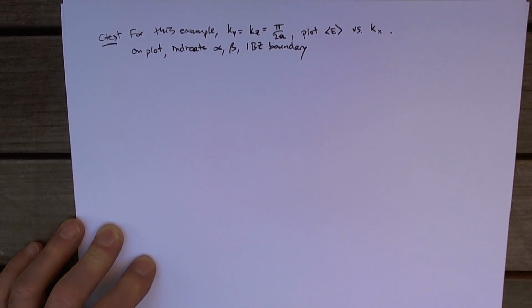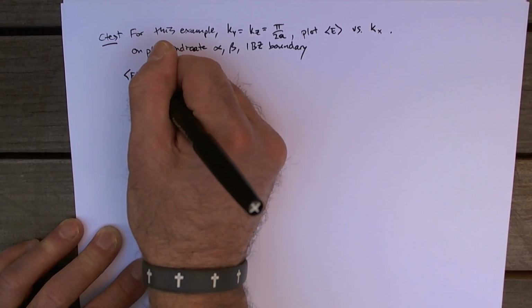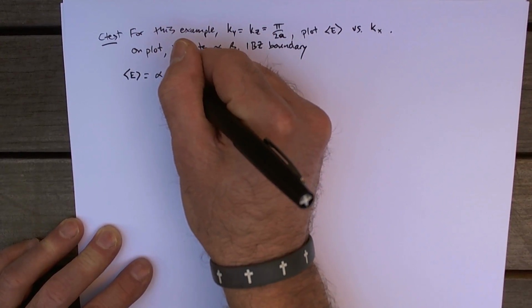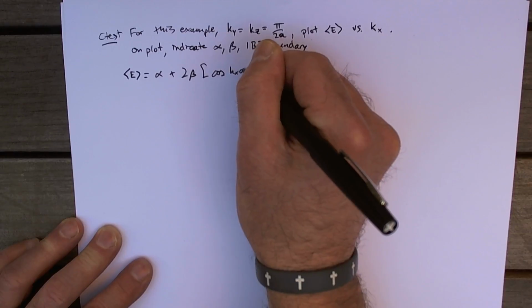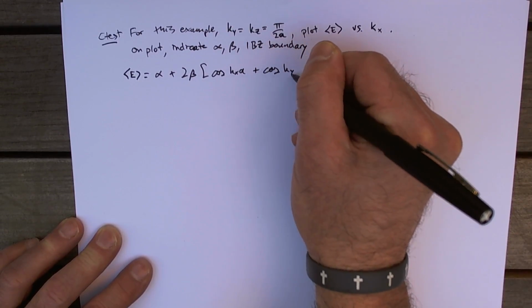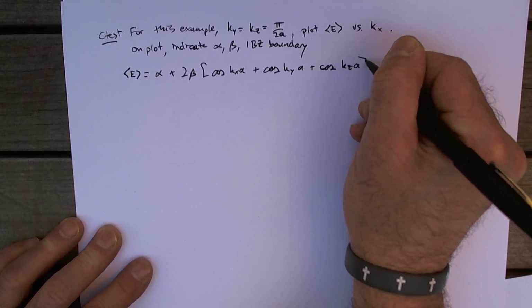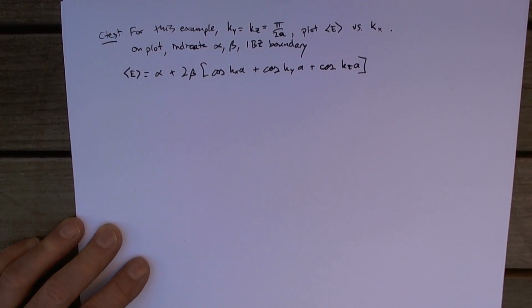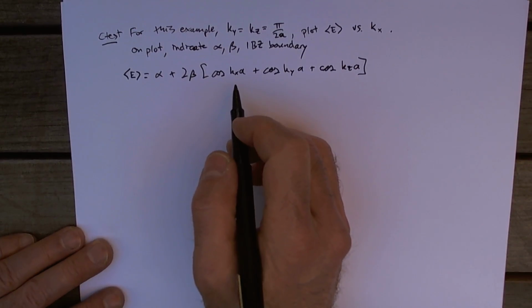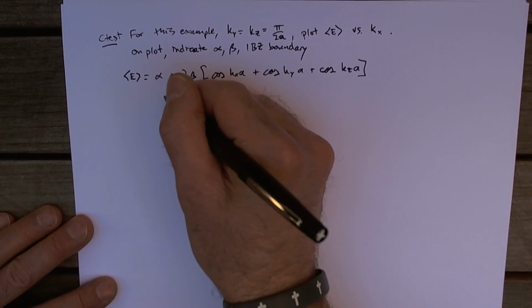Okay, so again, our expression for the expectation value of the energy is alpha plus 2 beta times cos kxa plus cos kya plus cos kza. And so for this particular case, the ky and the kz terms are going to give us 0. And so we're just left with the alpha plus 2 beta times cos kxa. So if we plot that,